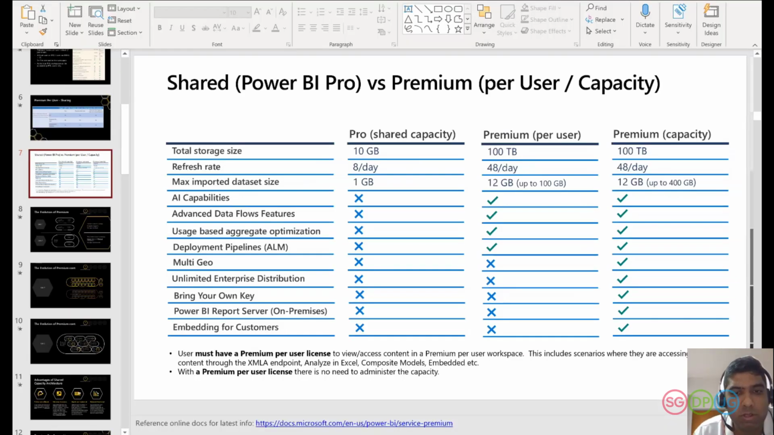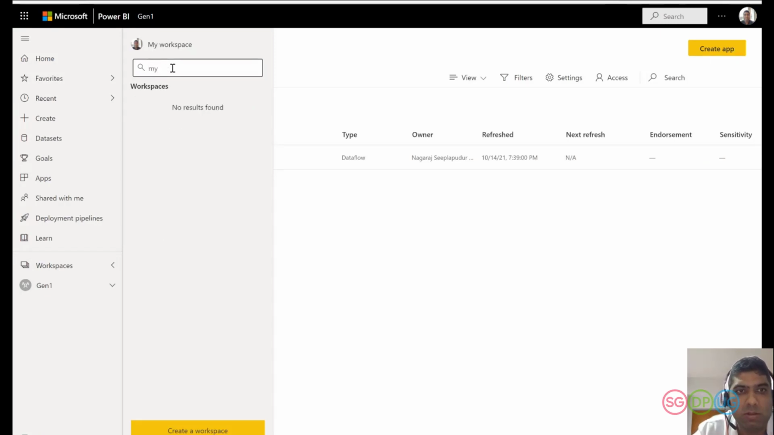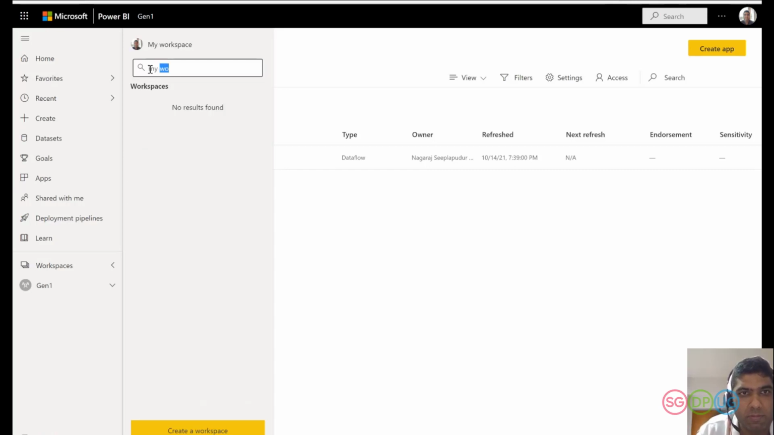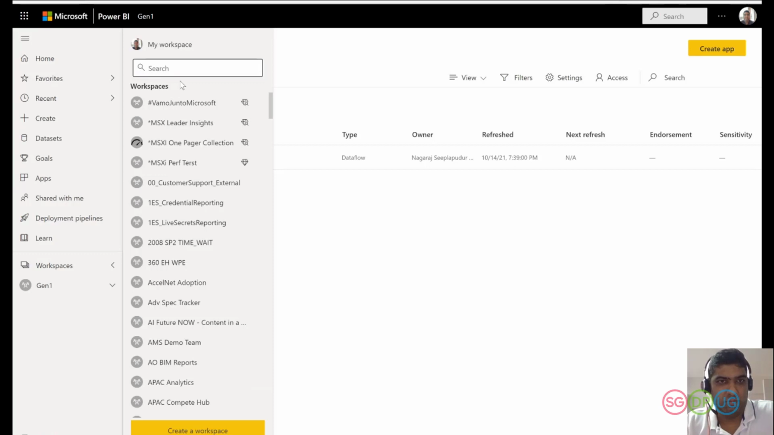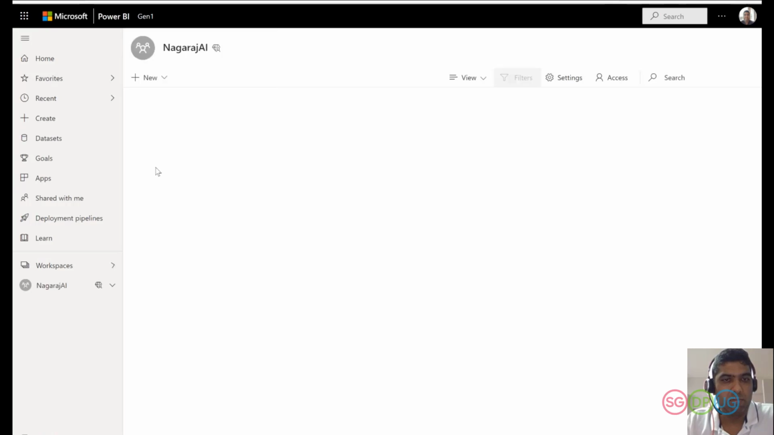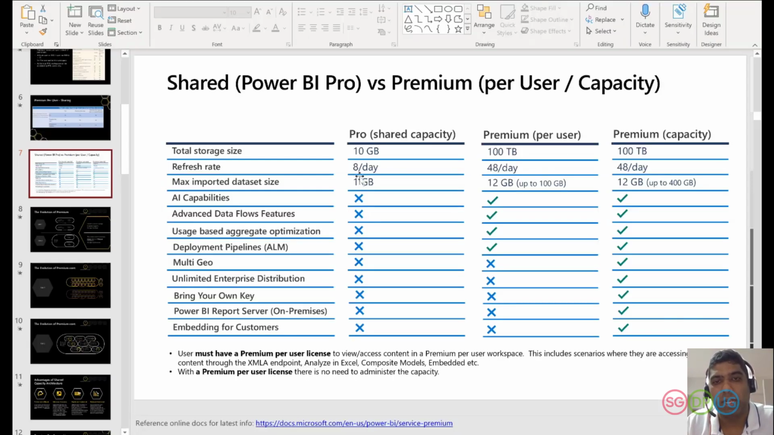So a single data set, this particular one, or let me open up something else. Okay, so for example, this particular data set size is what it is talking about. This data set size can be a maximum of 1 GB. If we go back to the slide over here,